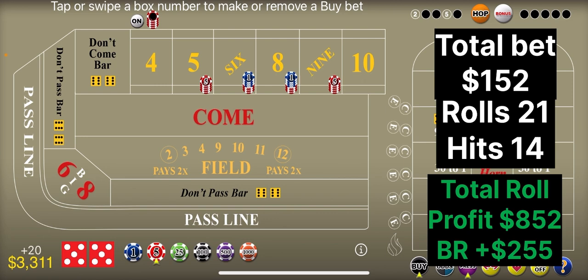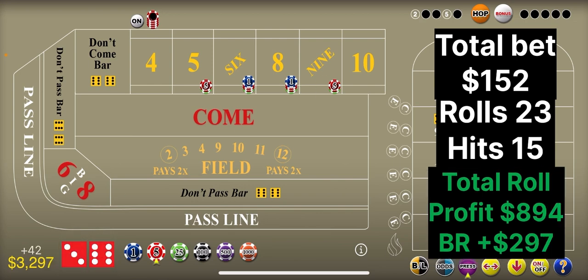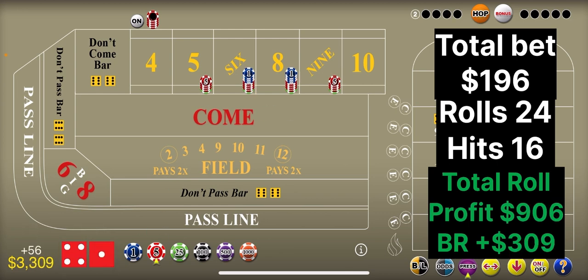We're going to drop the 10, and we're going to put 18 each on the 6 and 8, and 10 each on the 5 and 9. 11. The 9, we hit $42. We're going to put $44 inside. We hit the 5 for